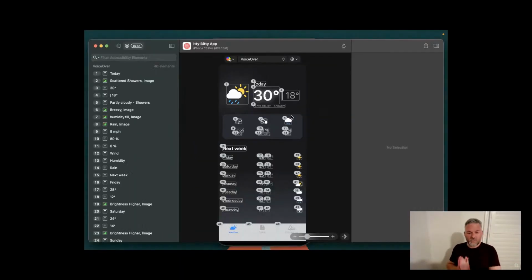So the new accessibility workspace that we've built gives us 3 modes that we can use to inspect our app's accessible user interfaces. And they correlate pretty closely to Apple's own accessible user interface tooling. First one is VoiceOver, second one's Voice Control, and then there's also a set of industry standard color contrast checking tools. So let's dive in and have a look at the first of the accessibility workspace's 3 modes, which is